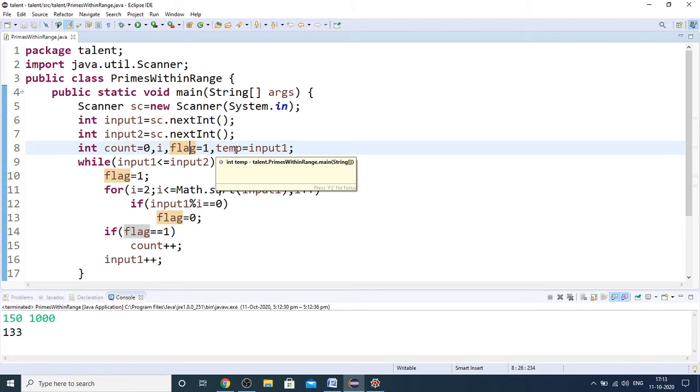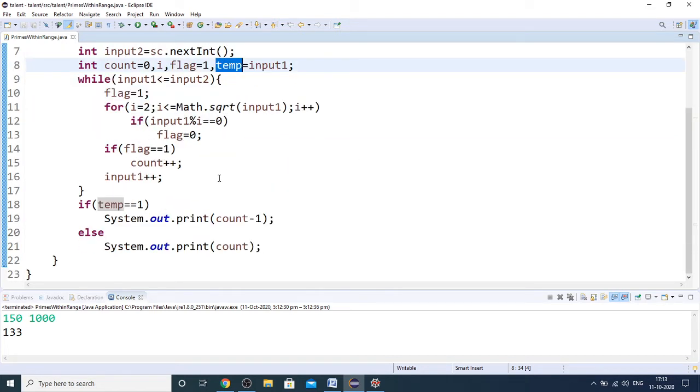And then this temporary variable, I am storing the starting number, because if the starting number is 1, then I am supposed to reduce 1 from the count according to my logic. So for that reason, I have taken this temporary variable.